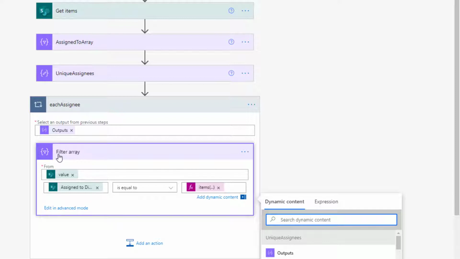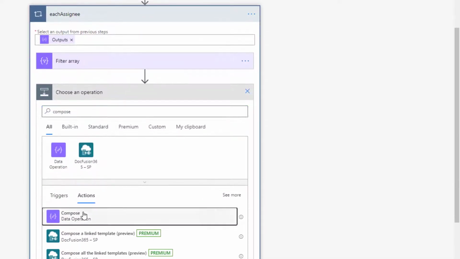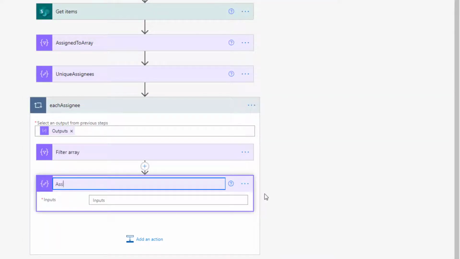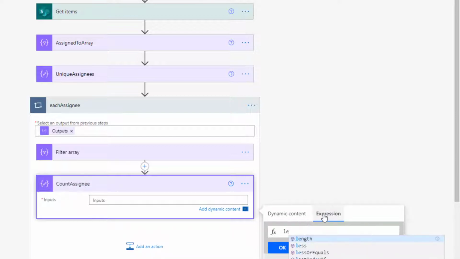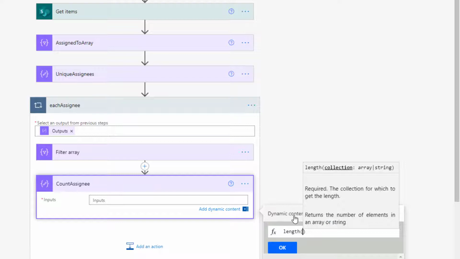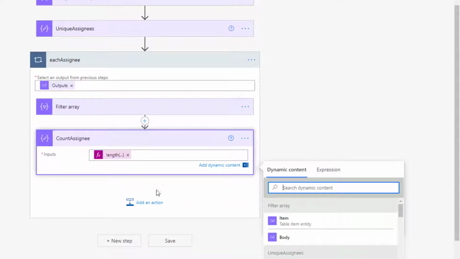Okay, so that is going to filter the output of get items where assigned to is equal to the assignee in this loop. I'm going to do a compose action.